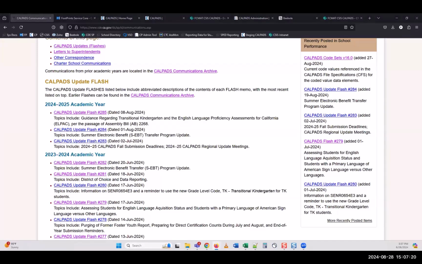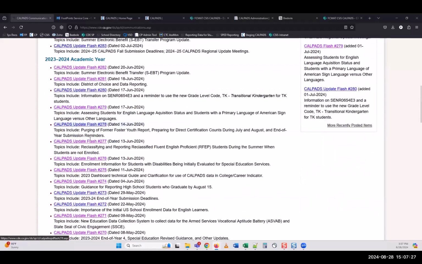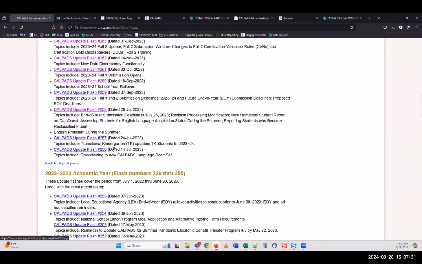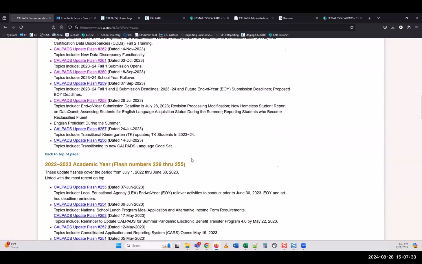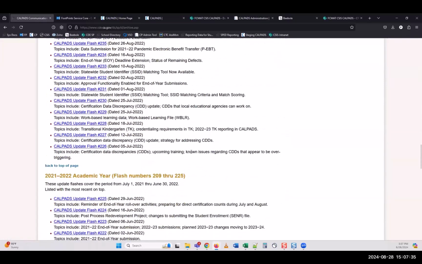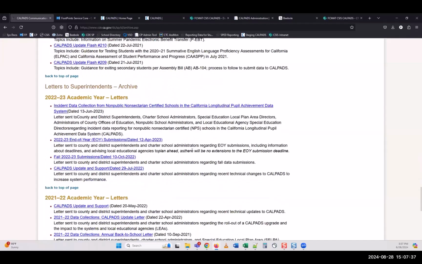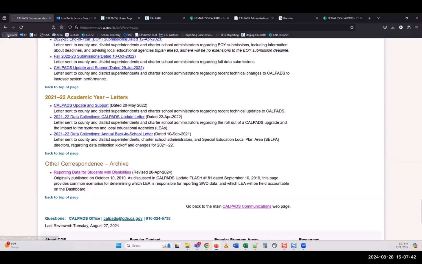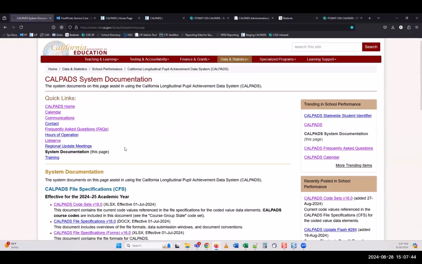Joe and I were looking for Flash 207, and we're not able to find it on the site because I think near the bottom it says flashes older than 2 years are removed from the archive. They should archive the archive. It's just archives all the way down. In theory, stuff like that is supposed to get incorporated into the data guide, but that has not been updated in so long.